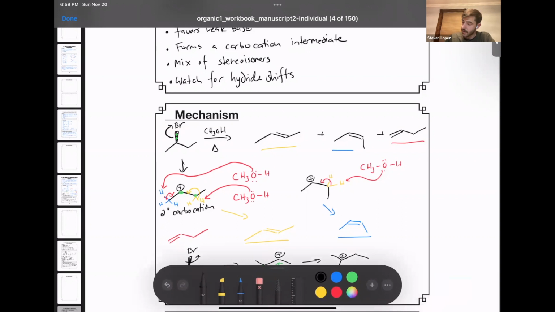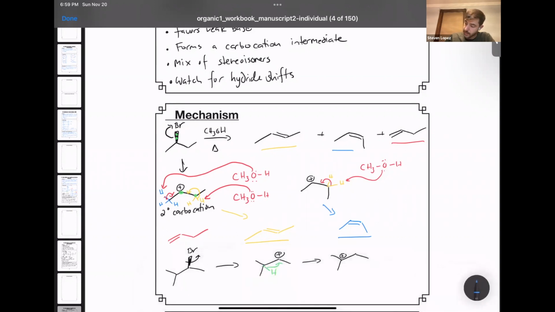And now you have two different types of hydrogens, again, that can be deprotonated. So methanol can come and deprotonate either of these. There's this product, and then if you deprotonate at one of these methyl hydrogens, which one of these is the favored product between these two red ones, A or B? Take a second, try that on your own, and then press play again after you've attempted the question.